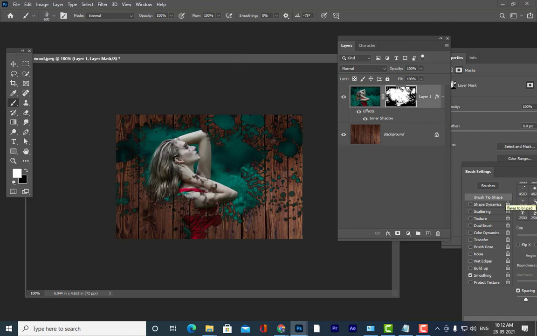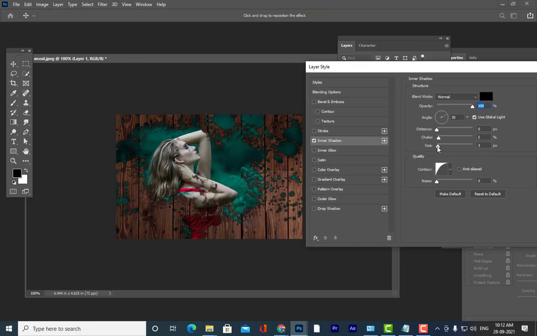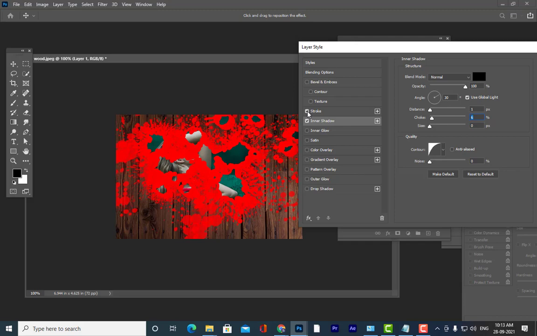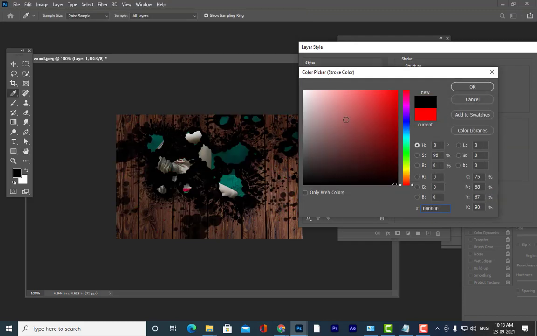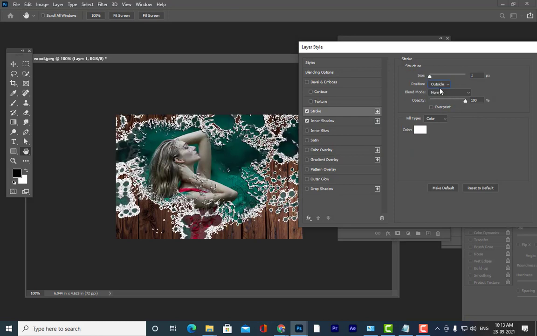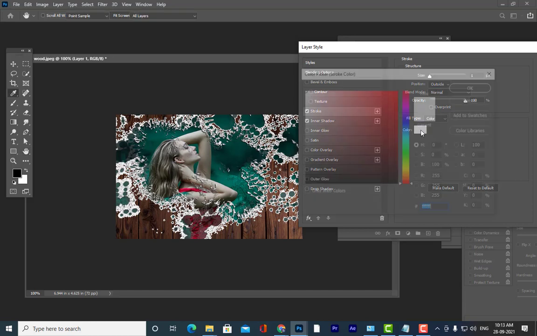So we have created an interesting effect, and if you think that the inner shadow is not so interesting, we can remove this inner shadow, or we can try to change the inner shadow values here. You can change the values in case you don't like them. Like this we can create an inner shadow, and we can also give some strokes if you want. It's also optional. So we'll give a white stroke, reduce the size of this, and keep it outside like this. This is also another way.